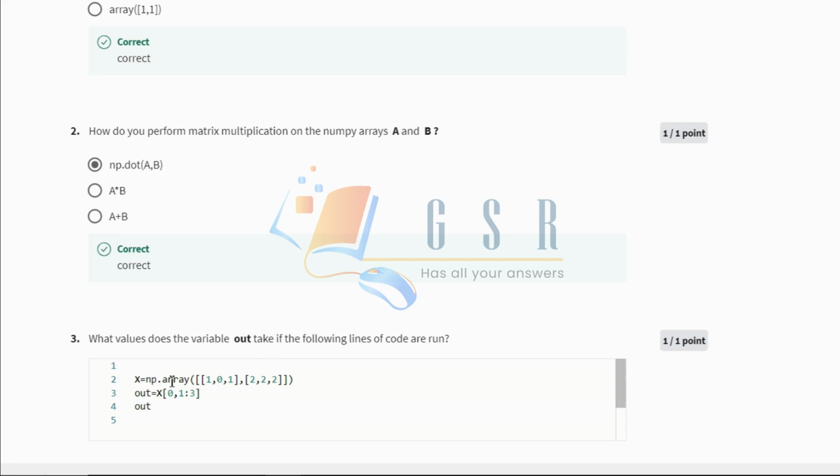So X is a numpy array that has two arrays. First is 101, second will be 222. So it is a 2 by 3 matrix. As you can see, two rows are there and three columns are there. Now in the out variable we have X, and we are taking 0, that is the first row, and from 1 to 3. So the first row values are here,